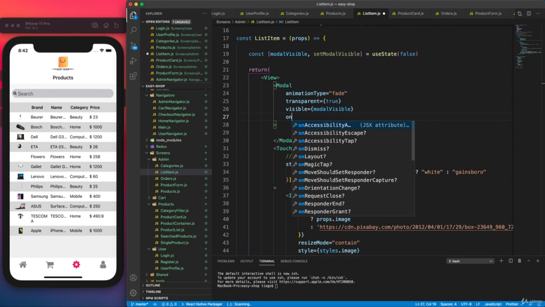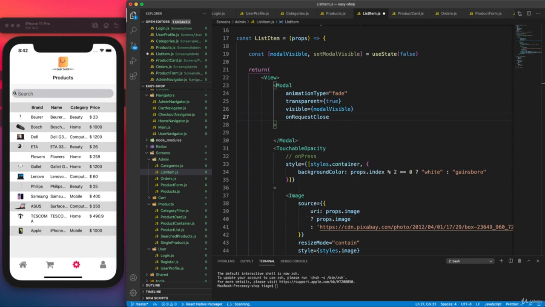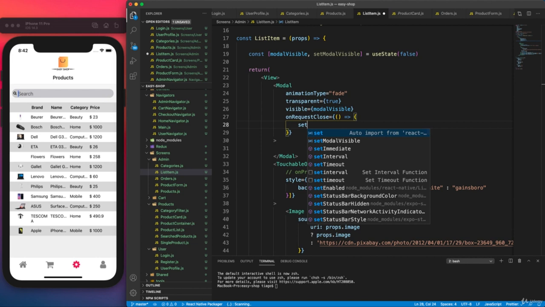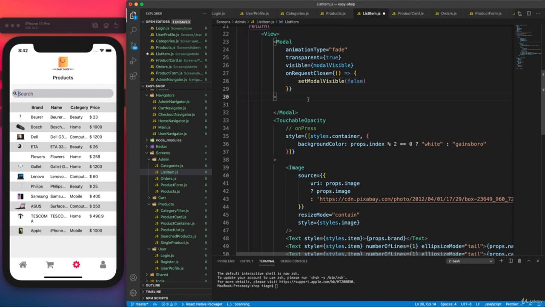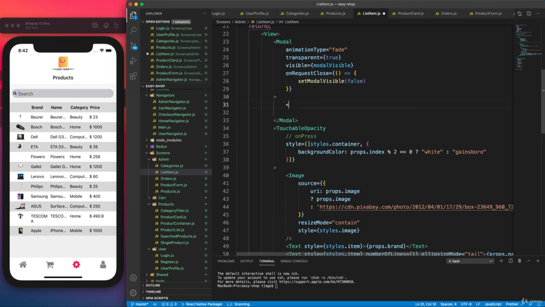Then we say onRequestClose, an embedded method from our modal from React Native, which will be setModalVisible to false. So whenever this is requested, the modal will close because we set it to false. Then inside of our modal we can create the rest, so we'll say View,